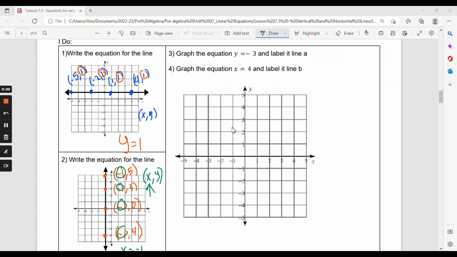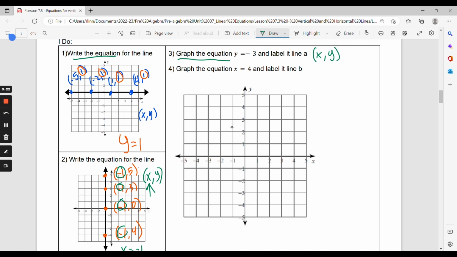Now looking at problems 3 and 4, 3 and 4 are a little bit different. In the first one we had to write equations. Now we need to graph an equation. So my first equation here is y equals -3. So that line is going to be every single ordered pair, and our ordered pair is an x and a y coordinate,